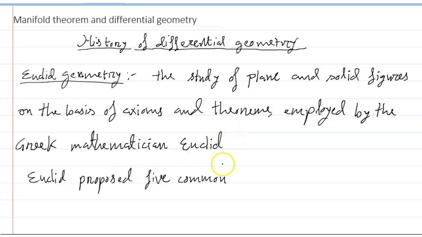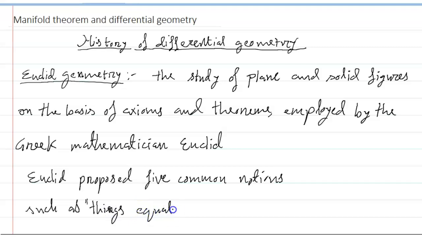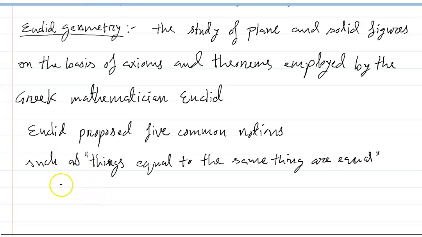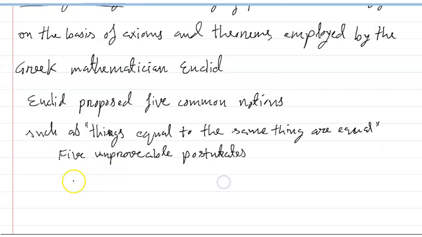Euclid, who proposed five common notions, such as things equal to the same things are equal, and five unprovable postulates. After that, friends, we get